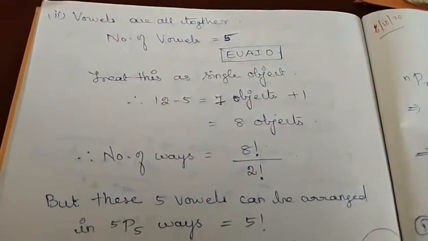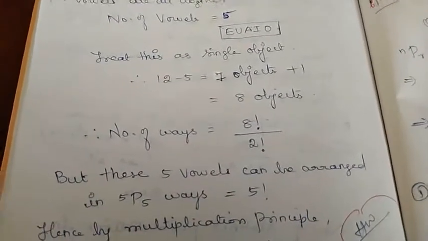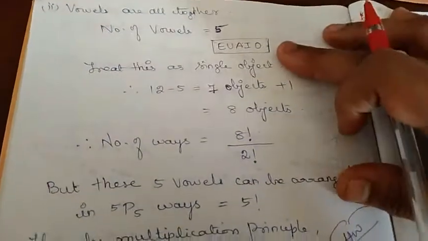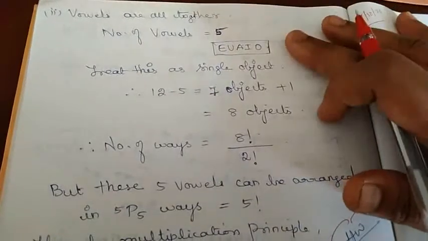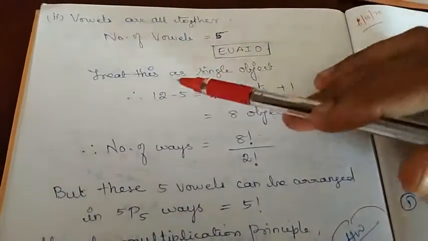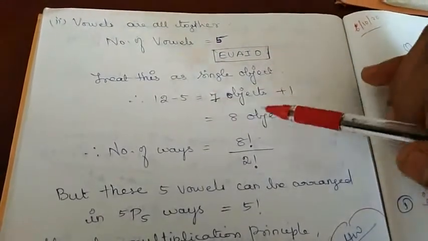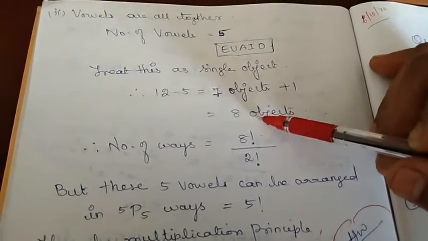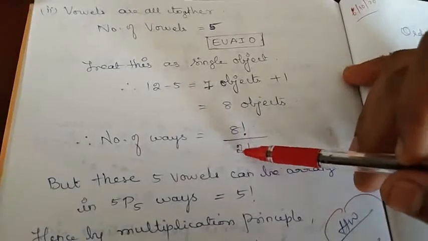If you see the second subdivision, vowels are all together. So in how many ways can the letters be arranged if the vowels are all together? So we have clubbed all the vowels together. E, U, A, I, O. These are the letters which appear in the word PERMUTATIONS. So there are 5 vowels. So we have to subtract these 5 vowels from the total number of letters, and we should treat them as a single object. So it is 7 plus 1, 8 objects. Out of this, which letter is repeated twice? T is repeated twice. So the number of distinct permutations is going to be 8 factorial divided by 2 factorial,